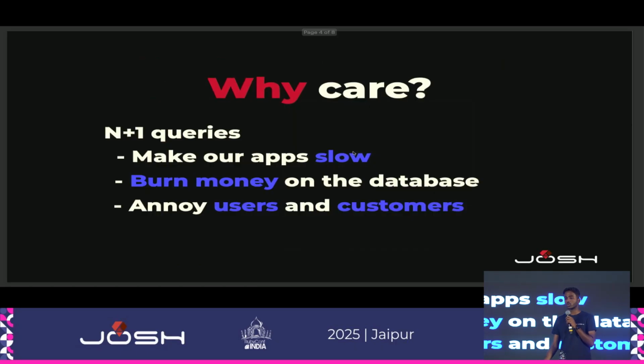But why should we reduce n+1 queries? To make our apps run faster, because if there are n+1 queries, it will execute multiple queries in the database, and the cost will increase. And also, if your app slows down, it will annoy users and your customers. So the solution is